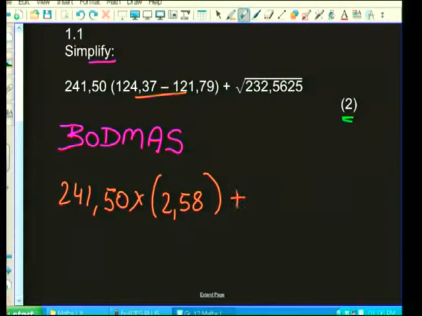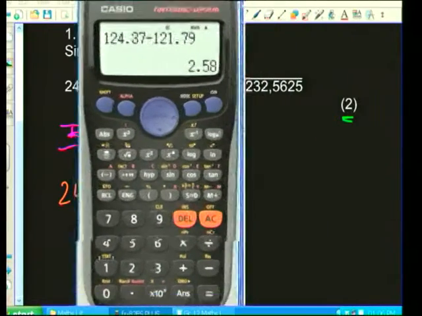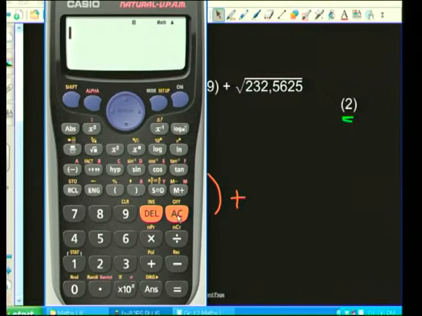And then we're going to say plus, and we can actually do the square root now. So let's get our calculator out again. Right, let's move our calculator over so we can see that number. And I've got the square root of